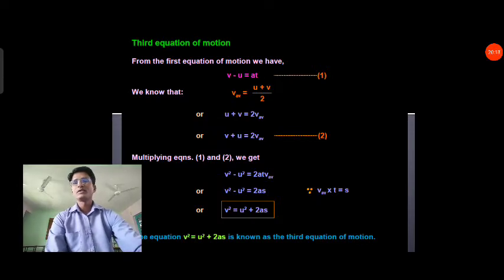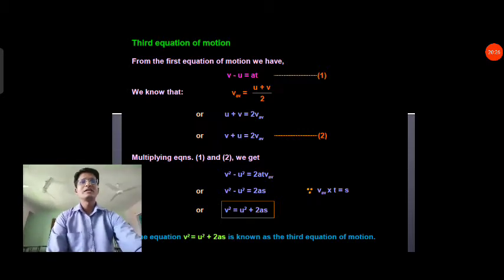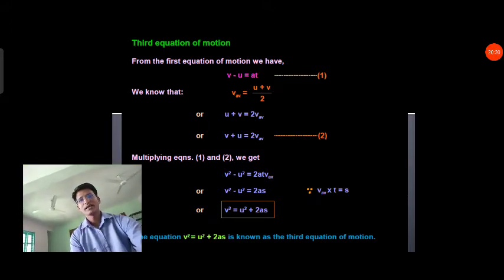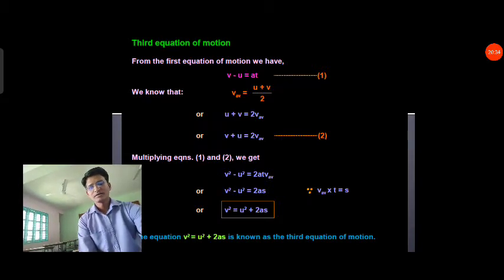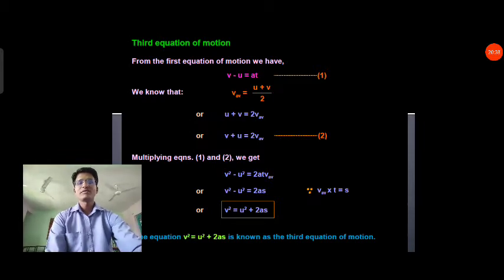So that graph you will draw, the velocity versus time graph, and you will write the three equations of motion, 1, 2 and 3. Clear? This is very easy, and this figure 1.35 on page number 40 is common in all. So one figure, one graph, you can take for all the three equations.